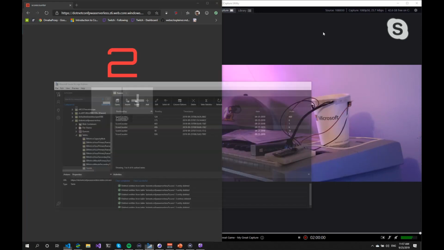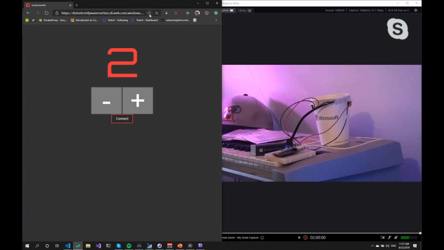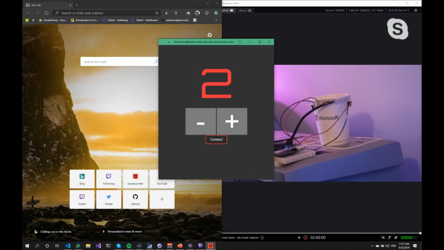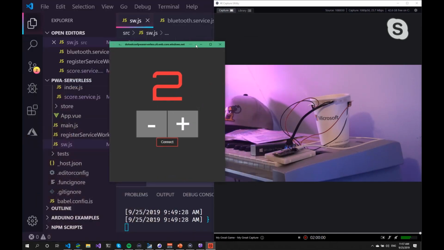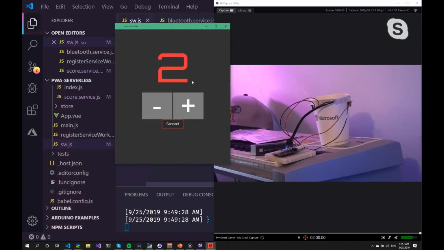Now, one last great thing you can do here is adding this plus icon, which installs the app on your desktop. And at this point, it starts to look like a native app. So right now, it's behaving like a native app. It's using Bluetooth native functionality. It's not a real native app, that's why I added the quotes. But it's behaving like a native app, and that's what service workers are going to bring you.